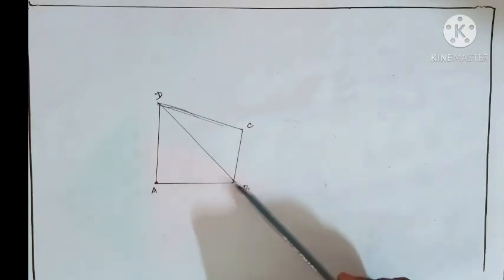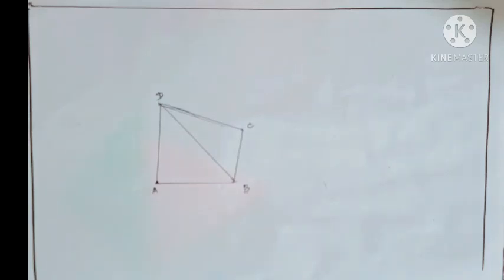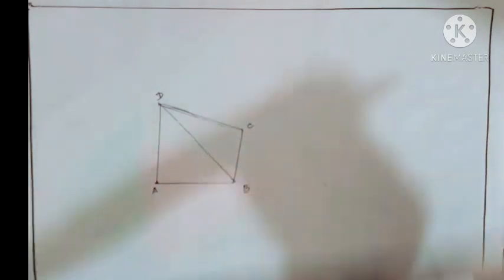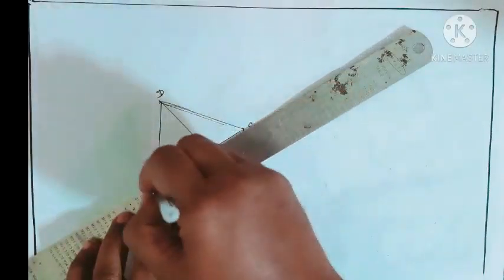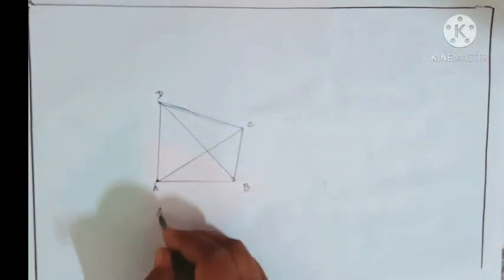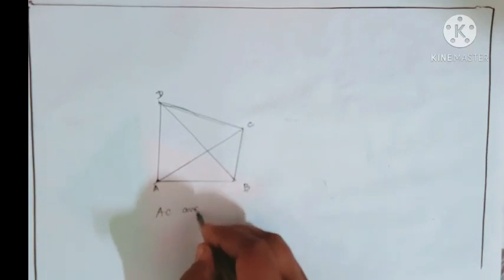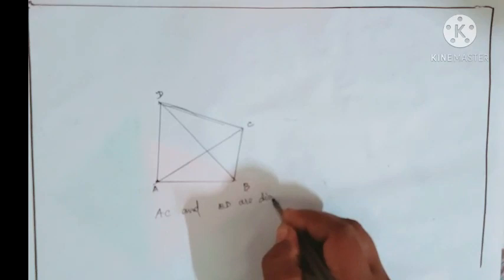Now, you consider the quadrilateral. Join the corners. Okay. So, that is called as what? Diagonal. So, here the diagonal is what? It is BD. What is another diagonal? Can you say? Yes. It is AC. Fine. So, draw the diagonal AC. So, AC and BD are diagonals.